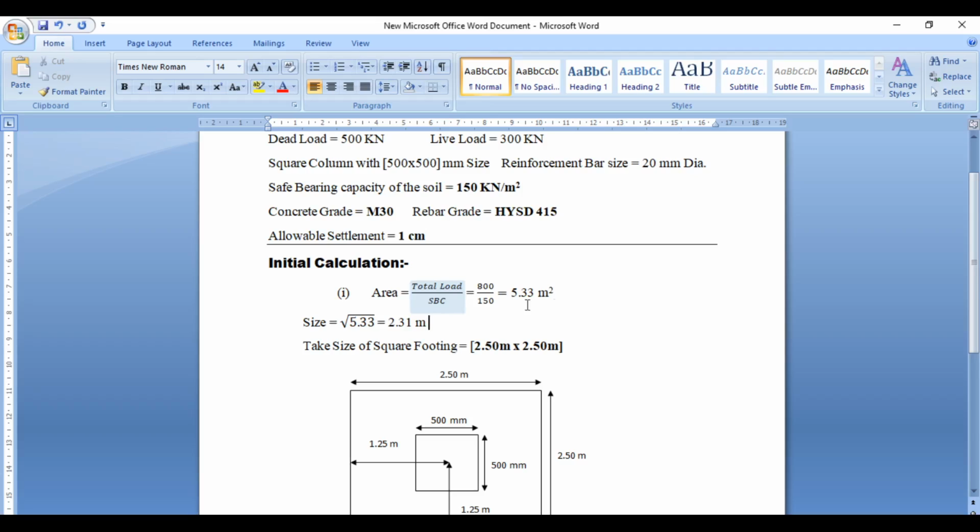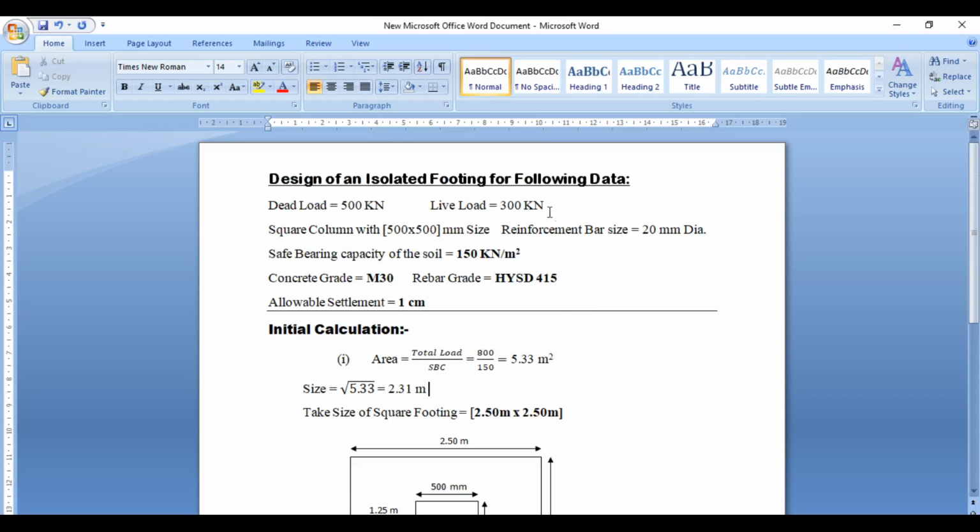So total load is 500 plus 300 is equal to 800, divided by 150, which is equal to 5.33 meter square. So size is equal to under root of 5.33, which is equal to 2.31 meter. So we round the value to 2.5 meter as size of square footing.